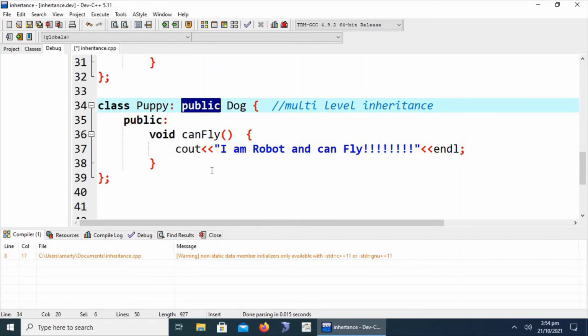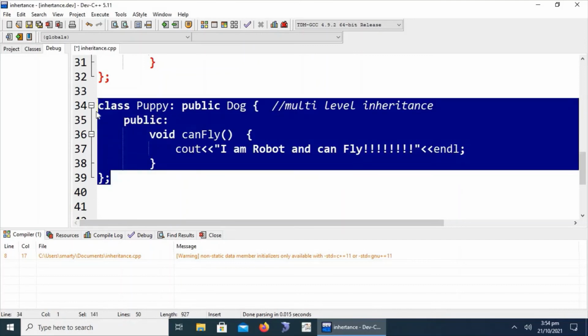These are only a property of the class where they are created. If the access specifier of the inheritance is protected, then the public member functions and data members of the base class or parent class will be protected in the derived class. And last one, if the access specifier of inheritance is private, then all the public and protected member functions as well as data members will be converted into private in the derived class.